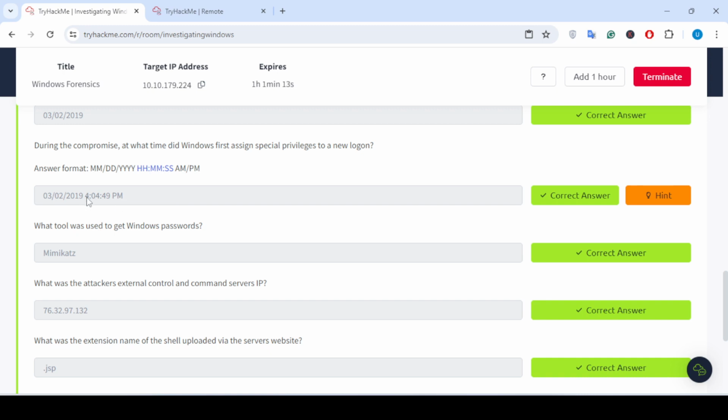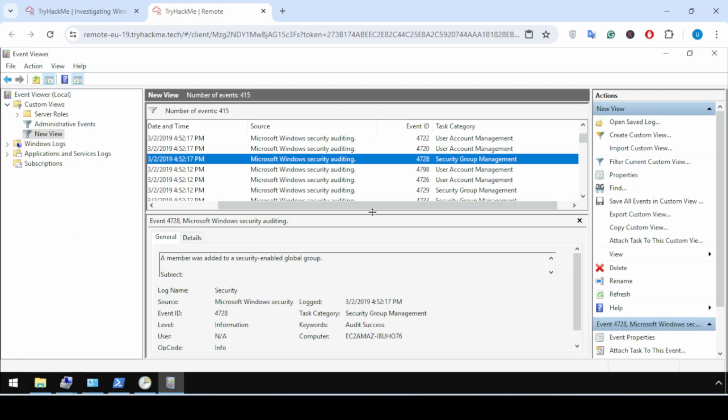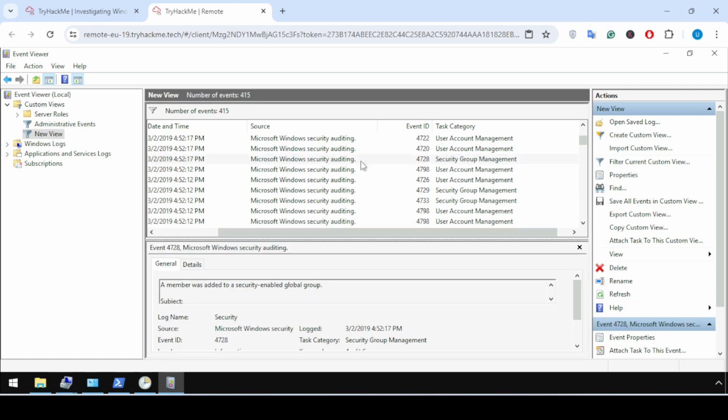When I put this time, that is 4449, my answer was correct. So the answer of this question is this one. In this way you can type the filter in order to find any specific event.